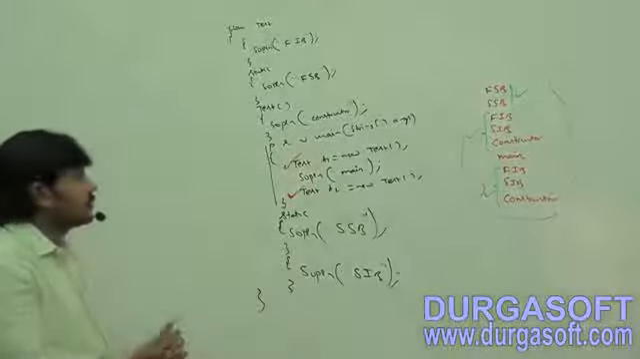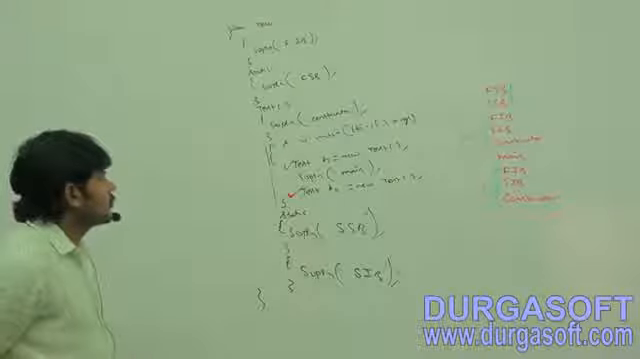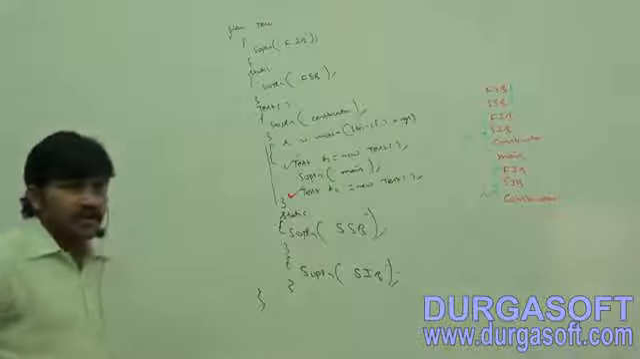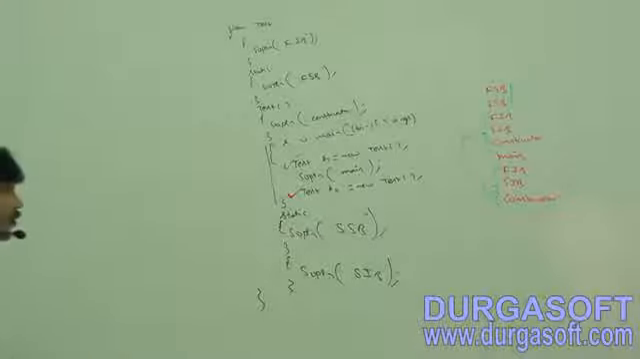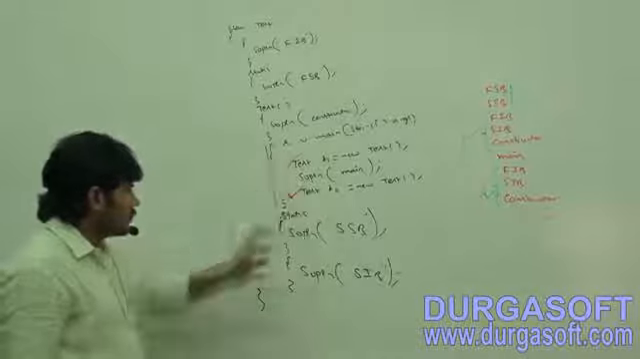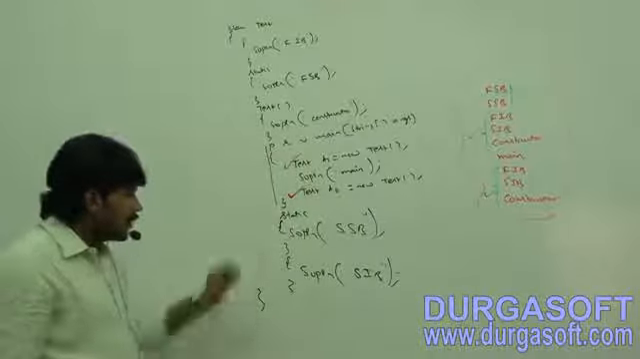Tester t1. SOP of constructor. Tester t1 is equal to new Tester. Tester t2 is equal to new Tester. Like static block,